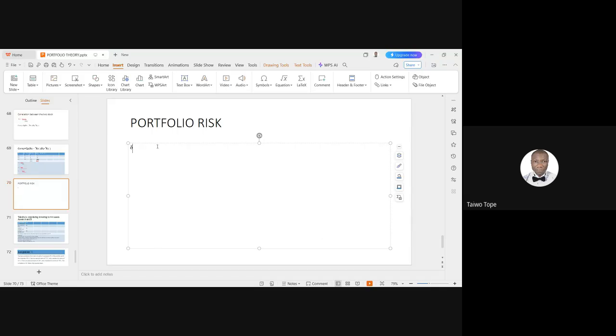So this is the symbol for standard deviation. Standard deviation is denoted by this symbol. So portfolio risk is standard deviation, expressed in this form. So when we talk about the standard deviation of a portfolio of more than